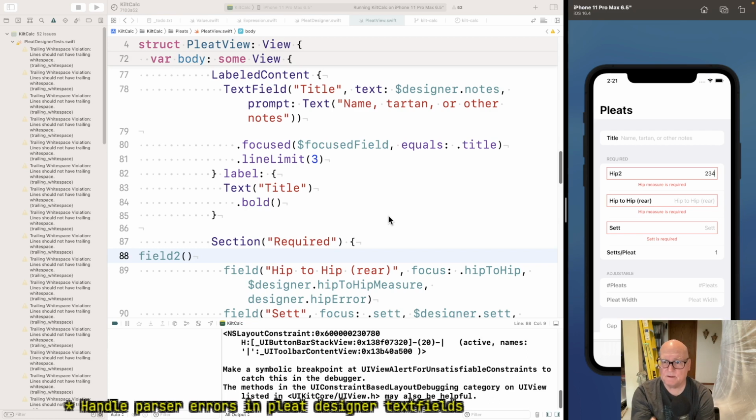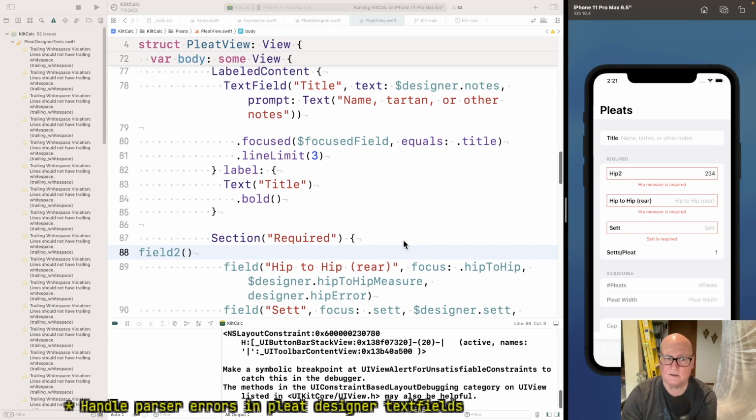I don't know. I'm hoping this works, but what I'm going to try is a set on hip, and if it's not a legit value, it's going to set its error message. If it is legit, it's going to set the actual underlying hip to hip variable to whatever value that gets out.